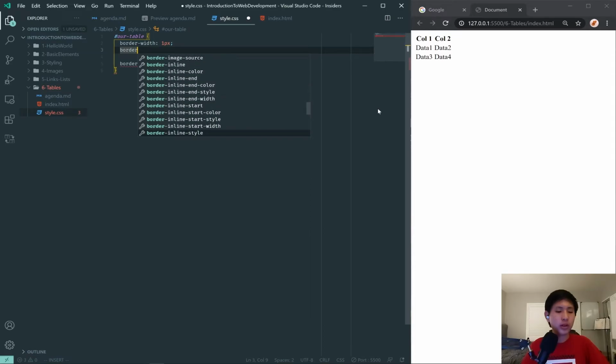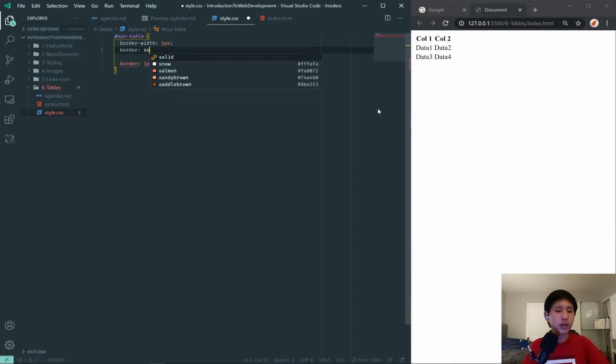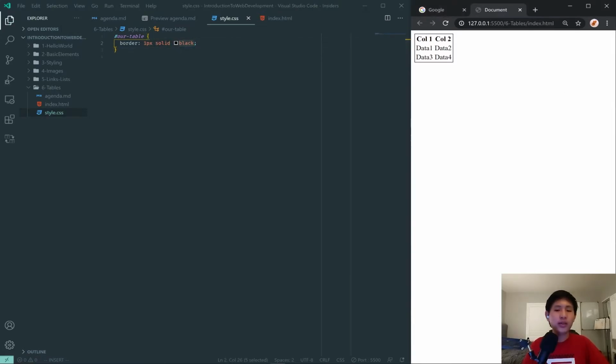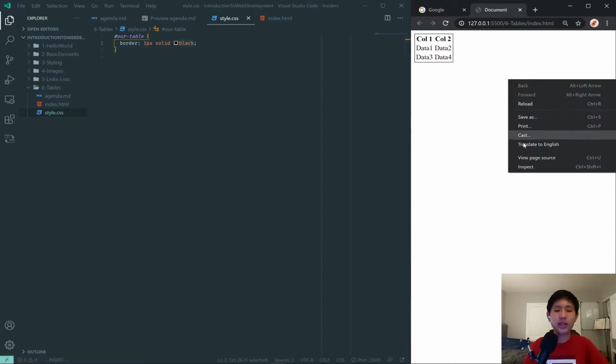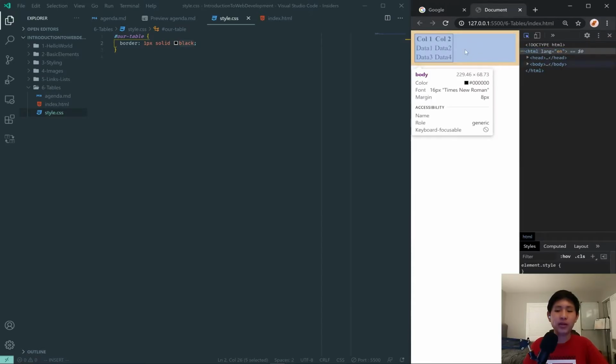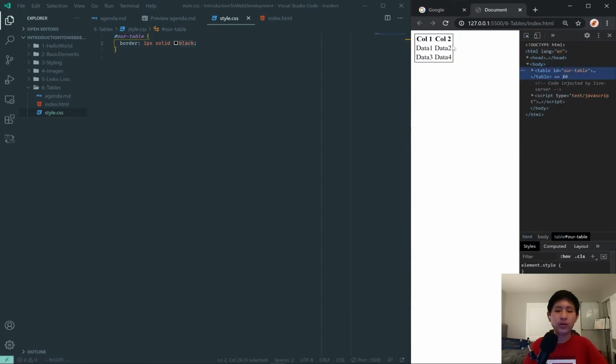I'm actually not sure what the second one means. It's border colon solid, and then it's giving it a black color as the third piece. So what this means altogether is it'll be a border that's 1 pixel thick, it'll be solid black. And if I save this, notice it gives the whole thing a border around. And that's because the table itself, if we inspect the element, is this square right here that